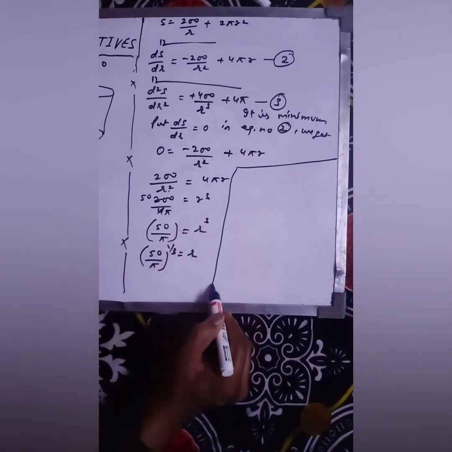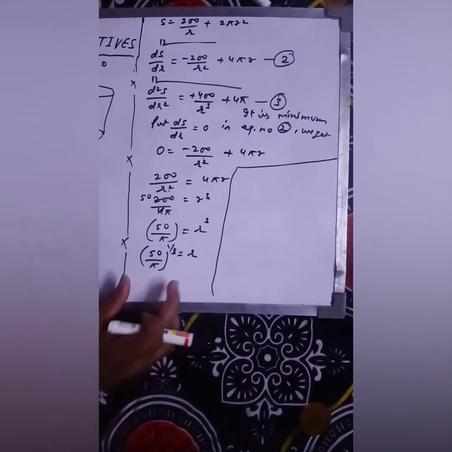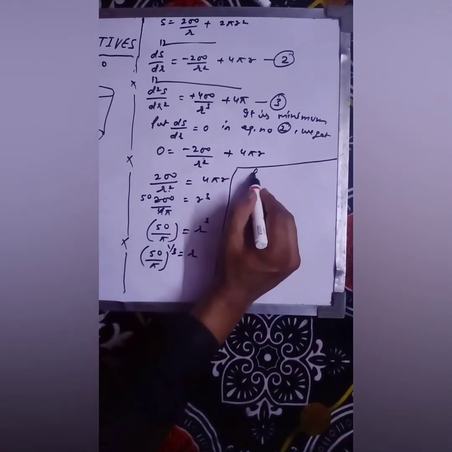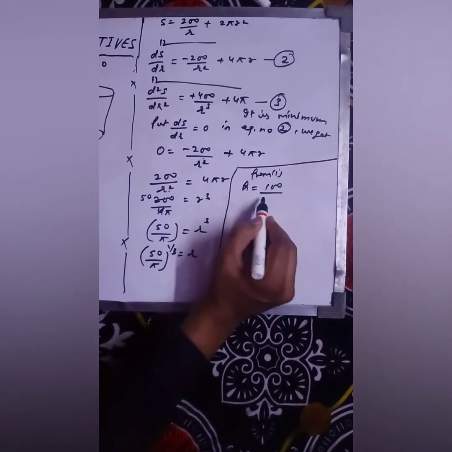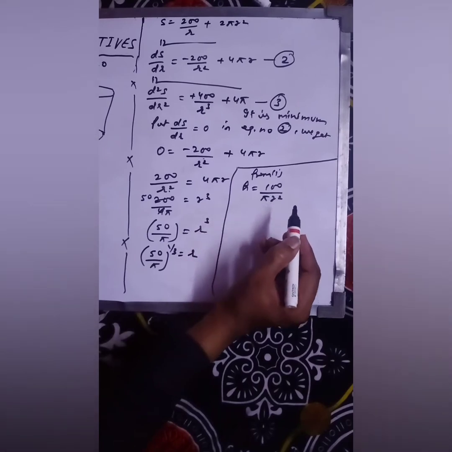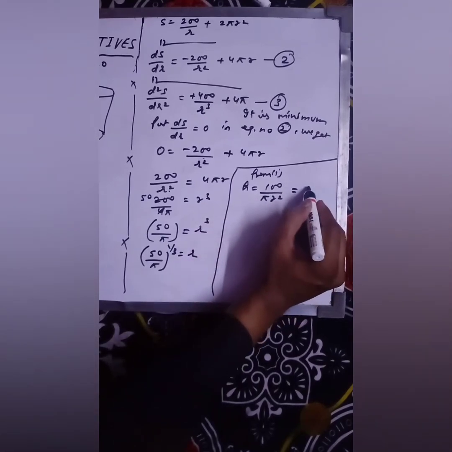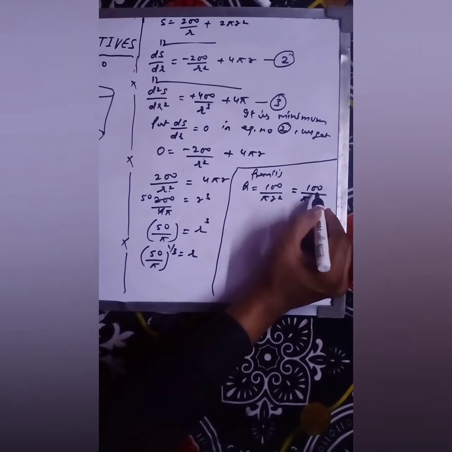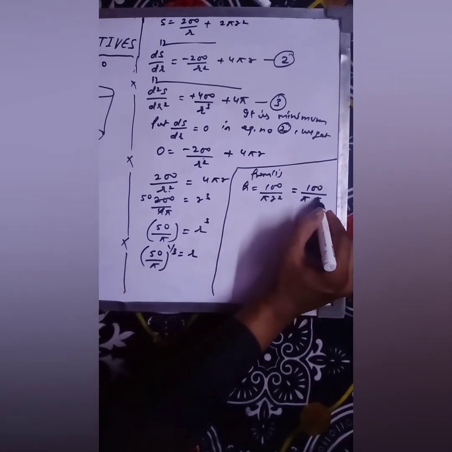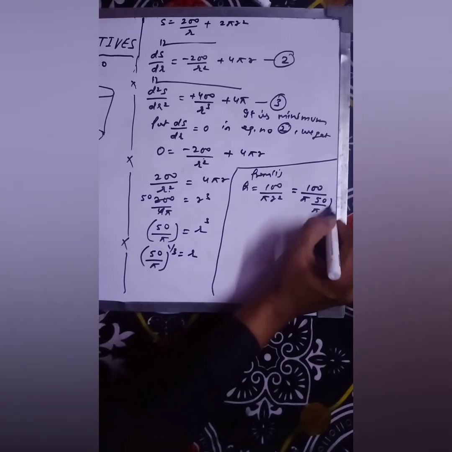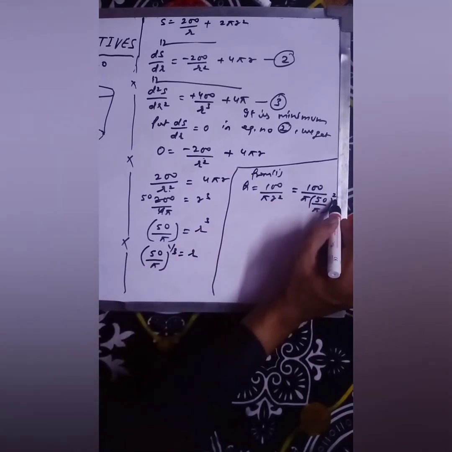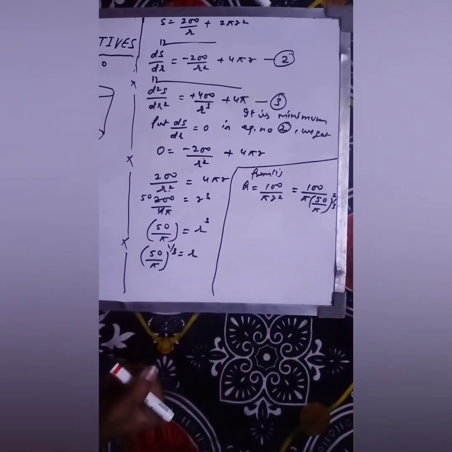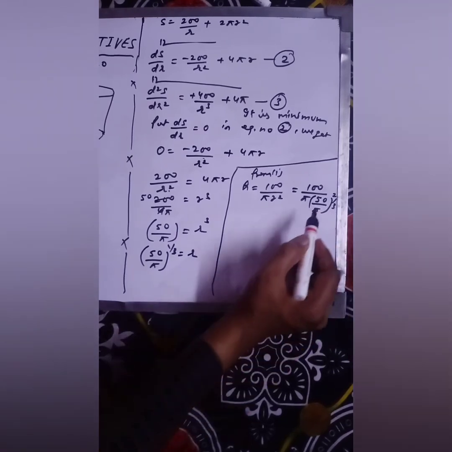After doing this, now we have to find the height. So from the first equation, your first equation was this one. Fine. So this would be 100 upon pi. Your r is this, so it would be 50 upon pi, whole, and the power is already 1 by 3. Here it is r square, so it would be 2 by 3. Are you getting? Fine, the power will be 2 by 3.